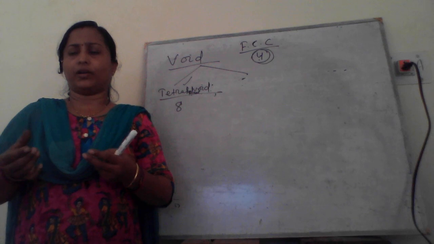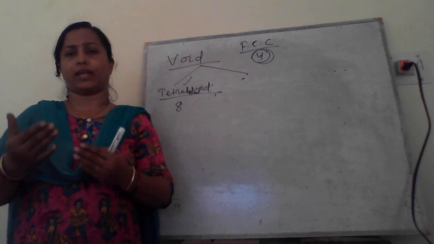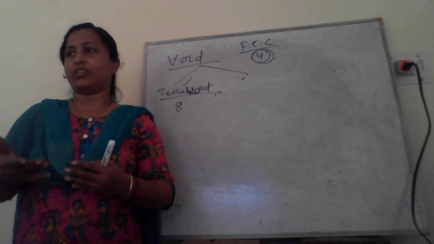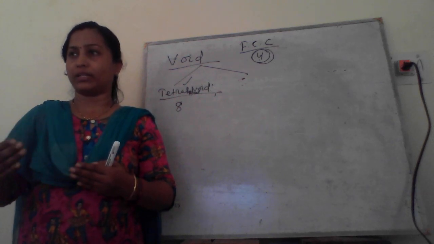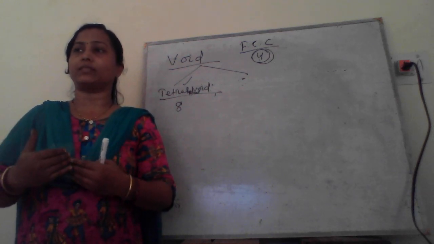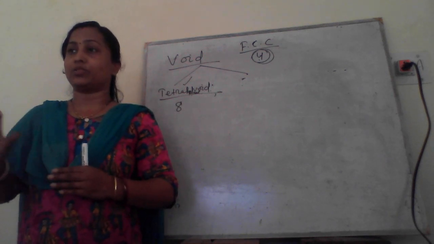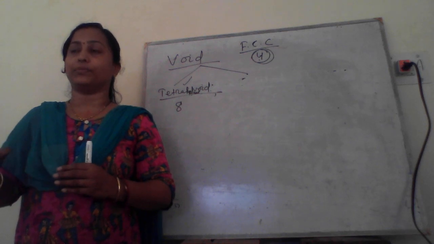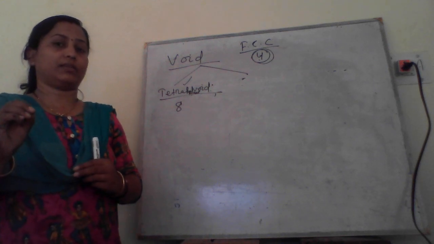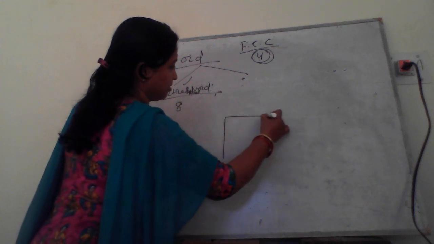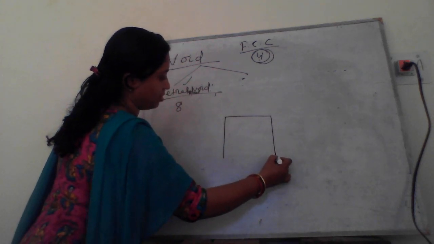Because if the edge length is considered as A, then if we cut it lengthwise, the edge length is A/2, breadthwise the edge length is A/2, and heightwise the edge length is A/2. So there are 8 small cubes, known as mini cubes, from each FCC unit cell. So look,